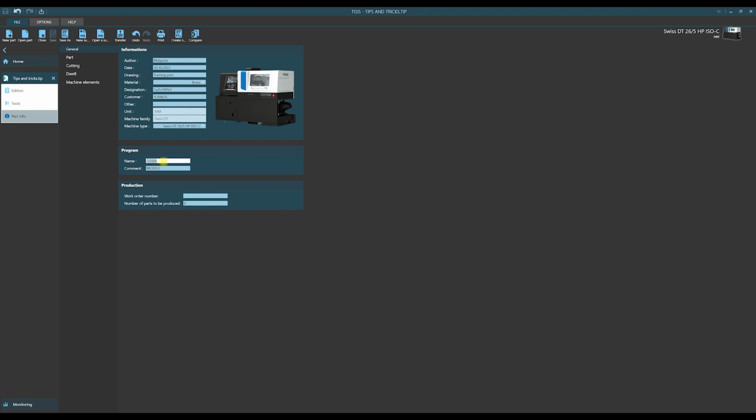Let us return to program name, and we have to say that it always starts with a capital O character followed by digits. This name, O1000, is the name of our model. If we prepare a new program, we should change it. For instance, like that. In the second line, we can introduce a description of our program. This description will be displayed on the machine after loading of a program.